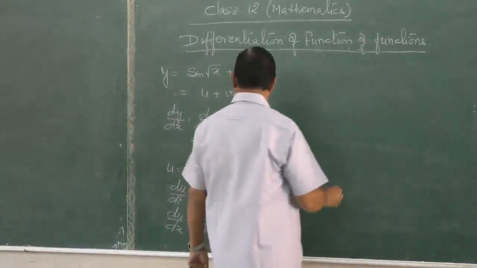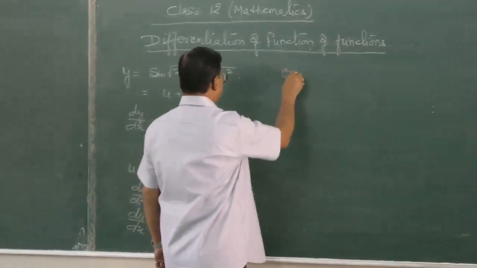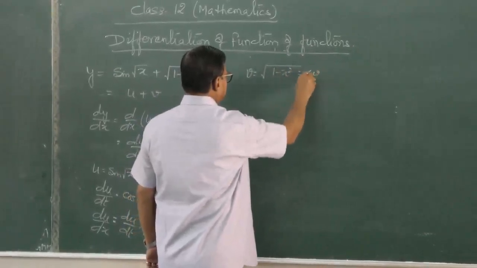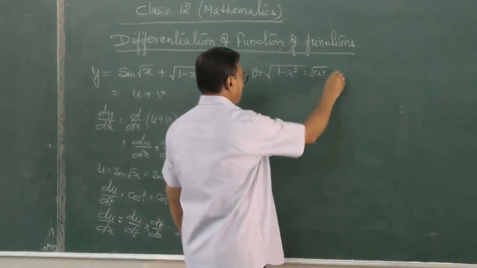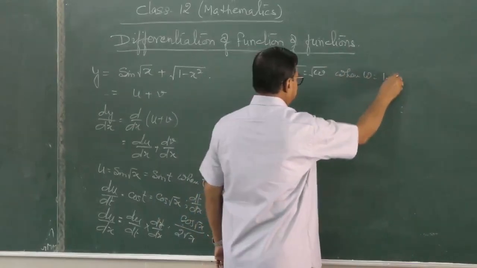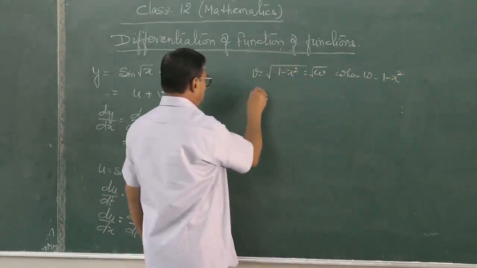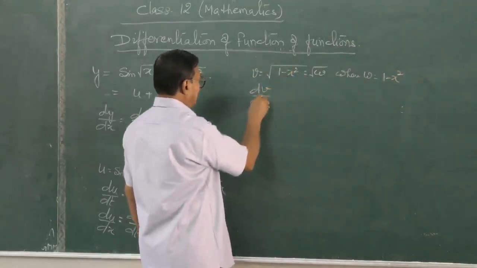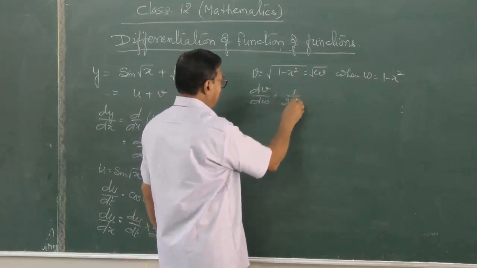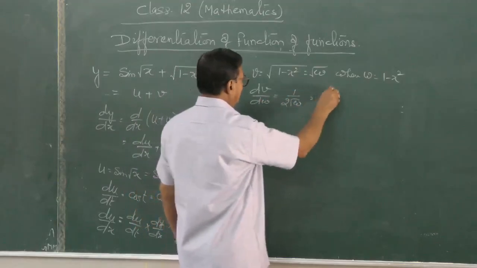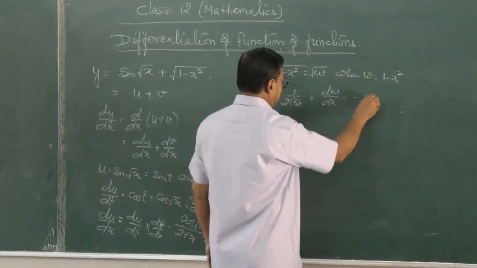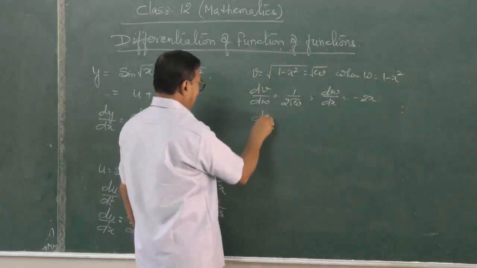Similarly, we go for v. v is equal to root over 1 minus x square. We rewrite it as root over w, where w is 1 minus x square. So v is a function of w. So dv by dw is 1 by 2 root w. w is a function of x. So dv by dx